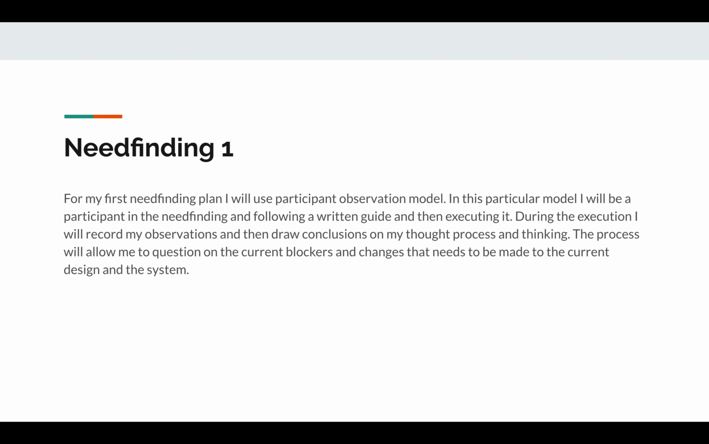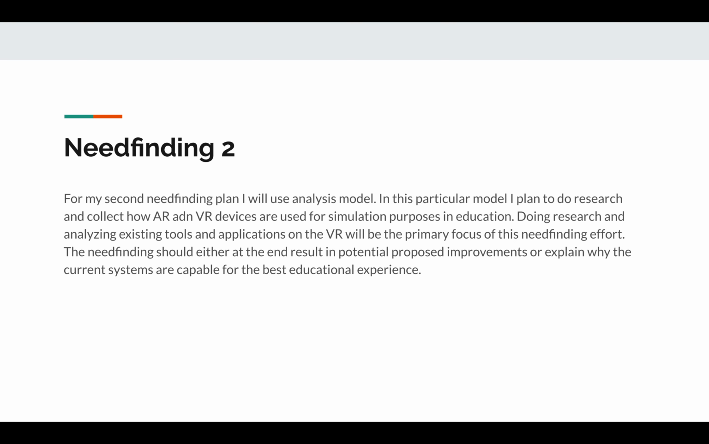So the first plan was to use a participant observation model where I myself will be engaging with an iPad and reading ebooks and drawing conclusions and observations while I execute the task. The second need finding plan was around usage of AR and VR devices. I wanted to do an analysis model on this one where I will go and